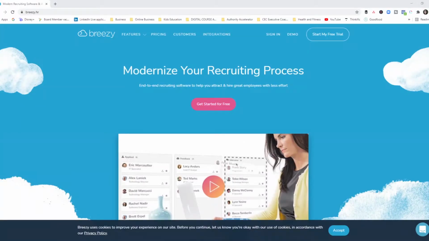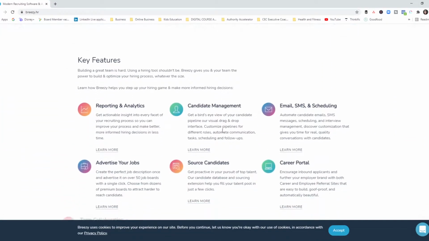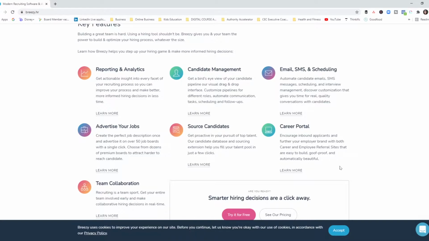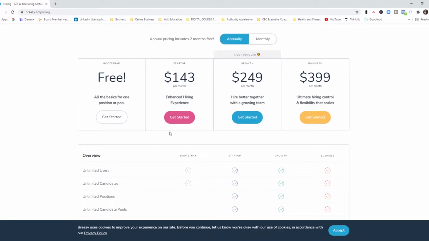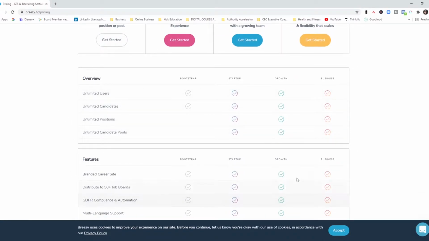So my favorite applicant tracking system right now is Breezy. And the reason for that is because it is extremely intuitive to use. I have had clients use it with some great success. And this is the best part, it starts off at $0. So yeah, at $0, you're not going to get the bells and whistles of a full complete solution. But even in their paid plans, it's very reasonable compared to what you would pay to an agency. And I cannot tell you how effectively it streamlines everything and cuts down the time to hire.